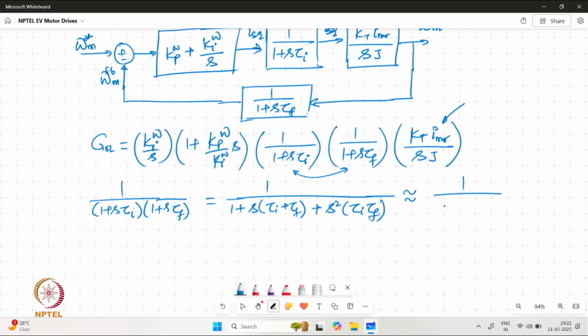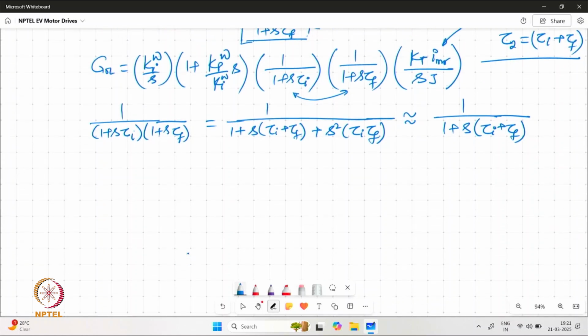So it can be approximated to equivalent first order system, which is sum of tau I and tau f, which can be given as tau 2 for convenience, and the remaining open loop transfer function